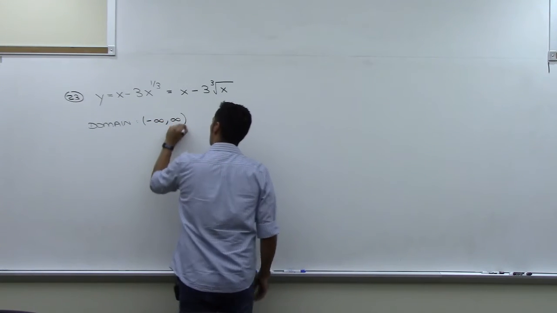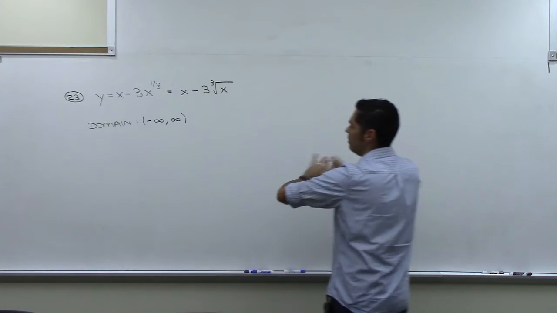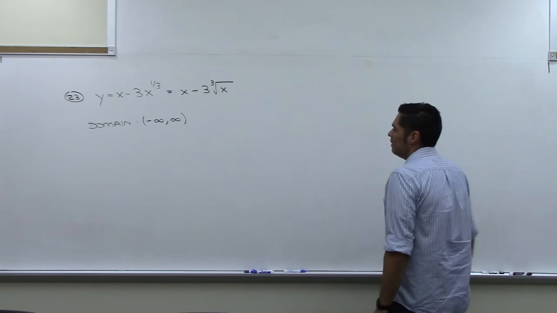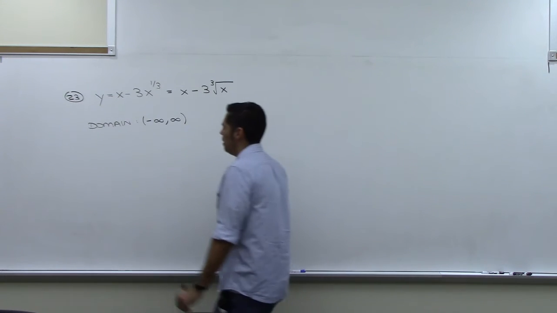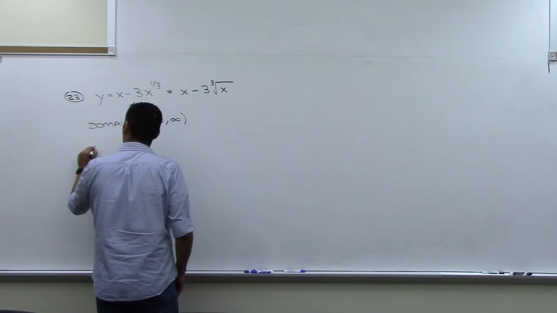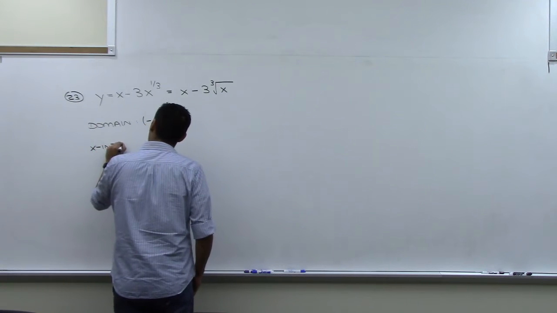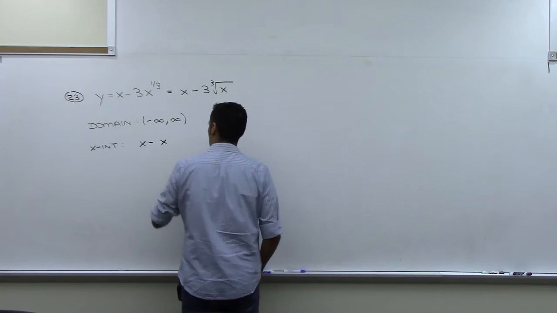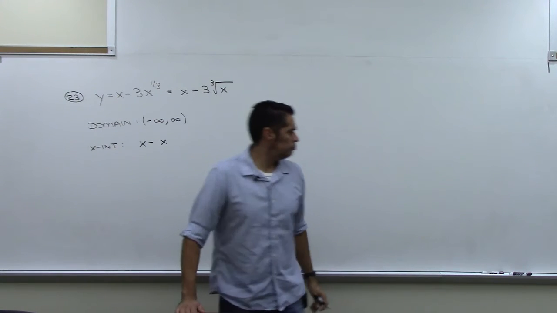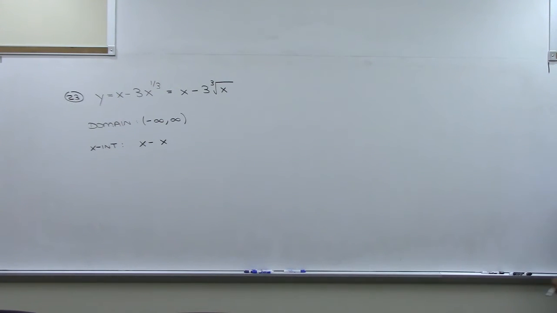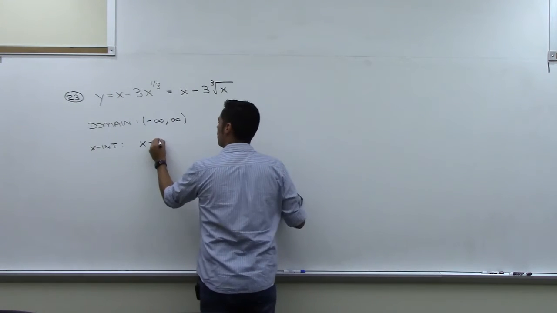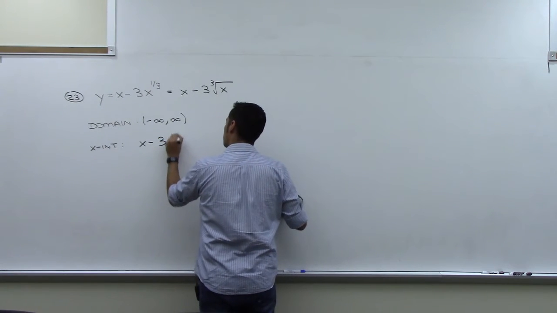So that means when we draw it, we should have a graph that goes in both directions forever. Let me talk about the x-intercepts. So let me try and set this function equal to 0. So if I set this equal to 0,